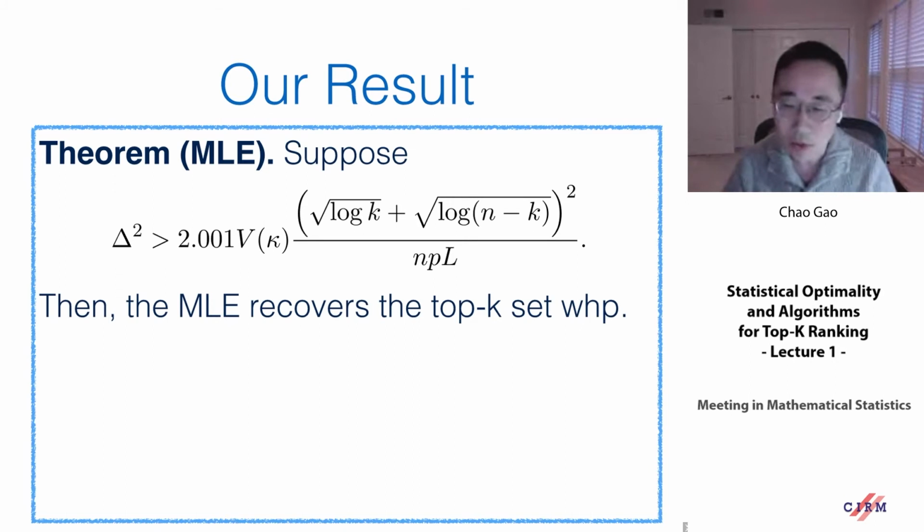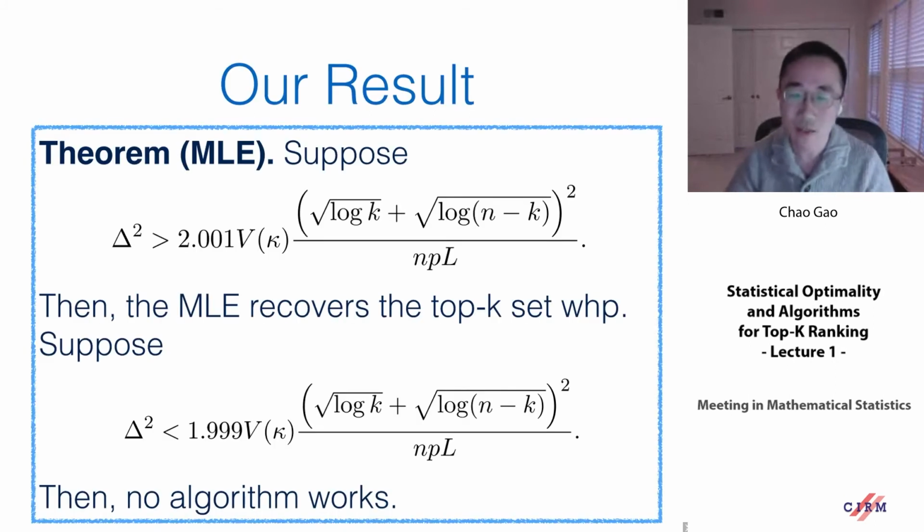We are also able to show that this condition is actually optimal. If delta squared is smaller than 2 times this variance function times this ratio, then no algorithm works. So the maximum likelihood estimator is exactly the optimal algorithm for top K ranking, not only for the rate, but also the leading